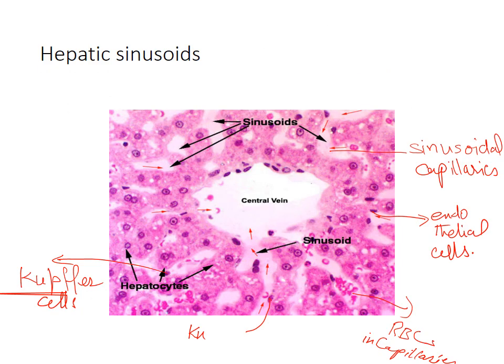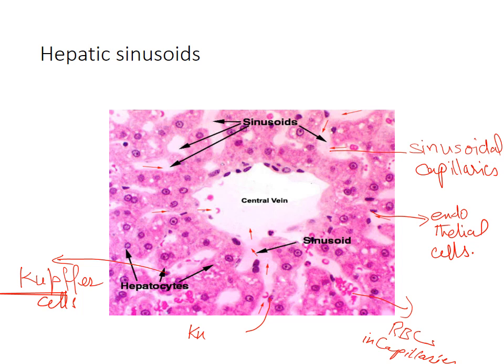Now the spaces between the plates of hepatocytes are occupied by sinusoidal capillaries called the hepatic sinusoids. So these are the sinusoids. You can see here, this is a type of capillary, and the other types of capillaries are the continuous and the fenestrated. So this is a sinusoidal capillary. This is larger in diameter as compared to the other two types, and these sinusoids have an incomplete basal lamina, and they are lined by two types of cells: